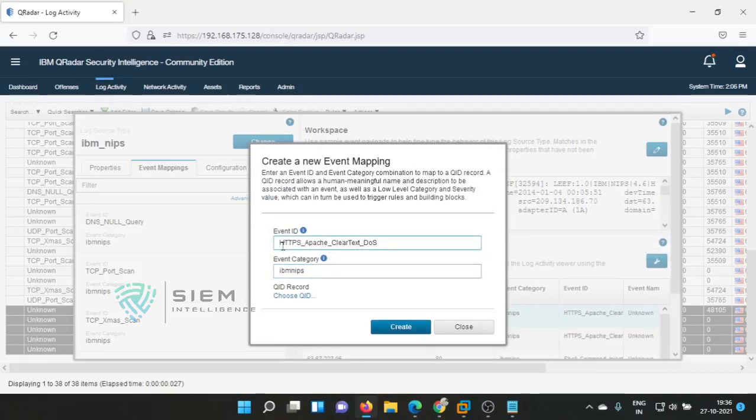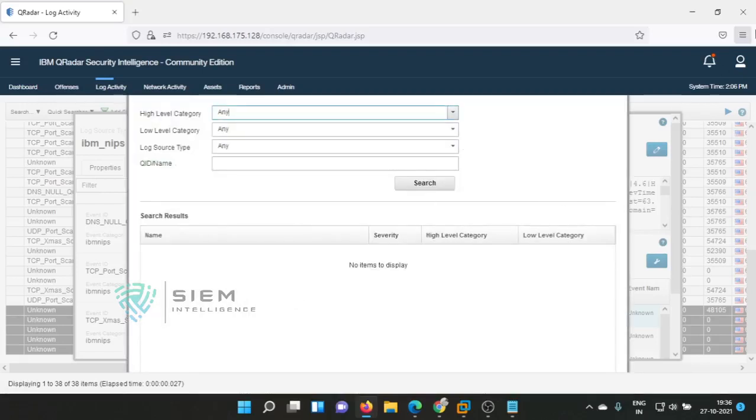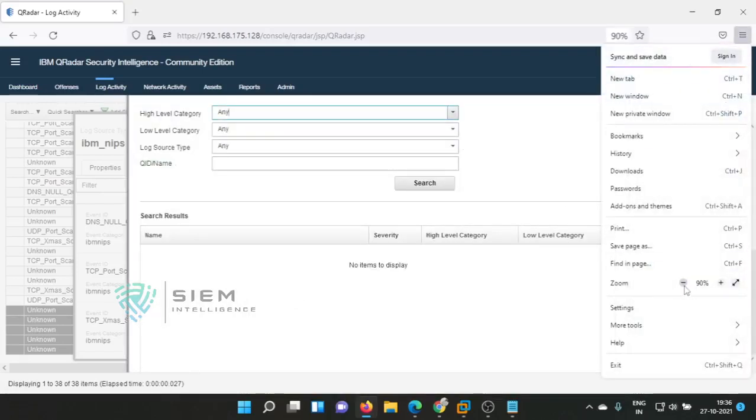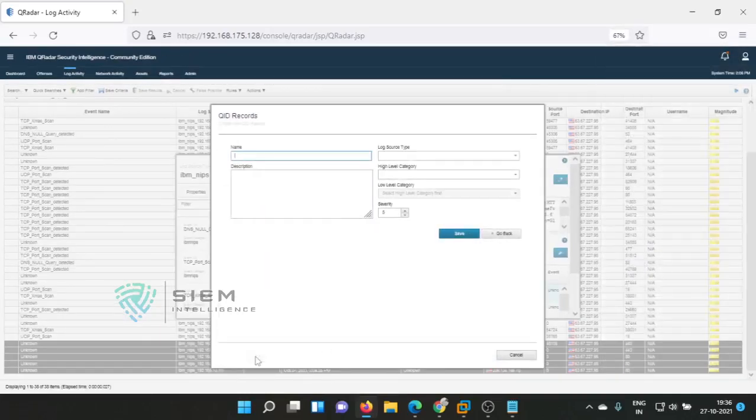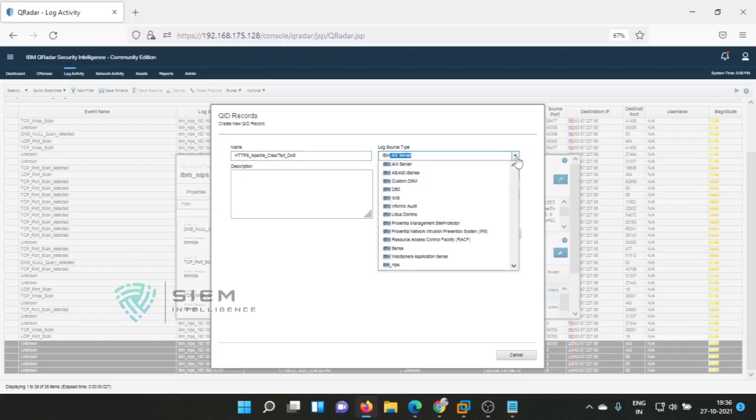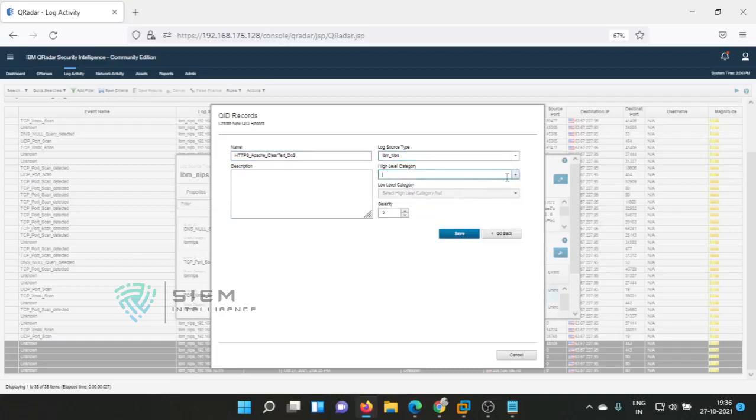Choose QID. So this is a DOS, HTTP Apache Clear Text DOS. The log source is again IBM underscore NIPS. The high level category is a DOS category.